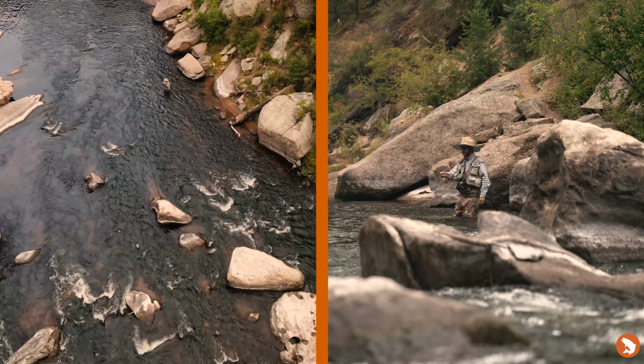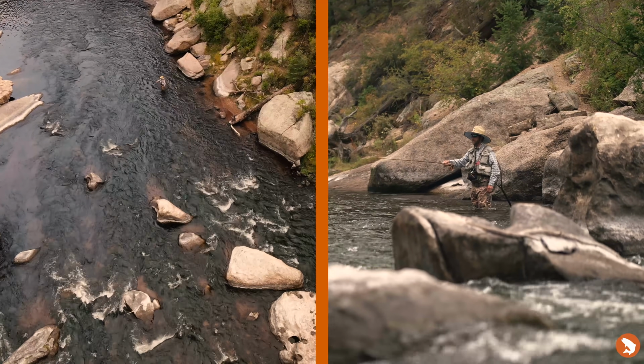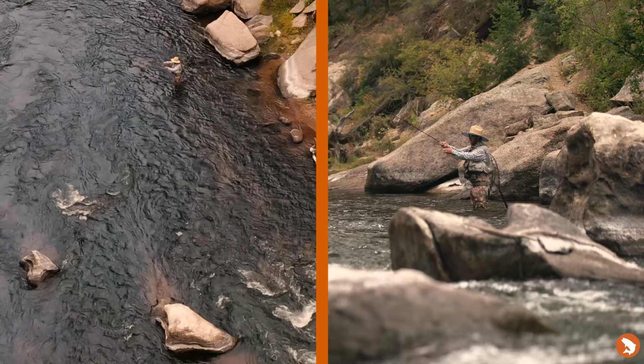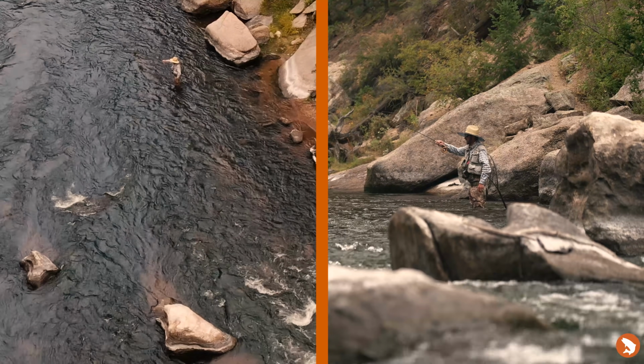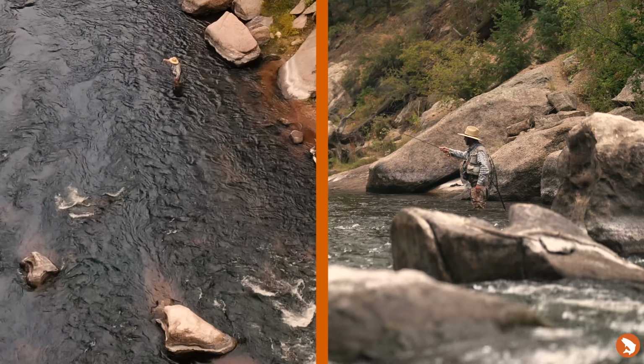I have been seeing several fish out here rise, but it seems like every fish that I've seen come up is less than 12 inches. I like seeing the rising fish, but it doesn't necessarily make me excited to switch up a rig to...